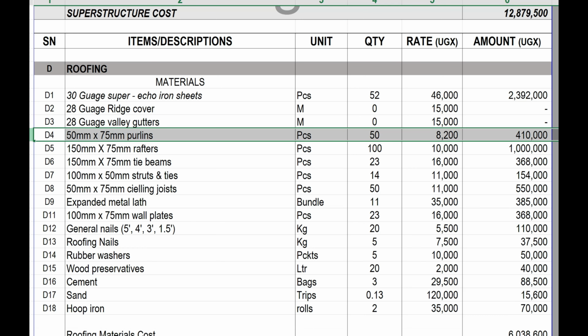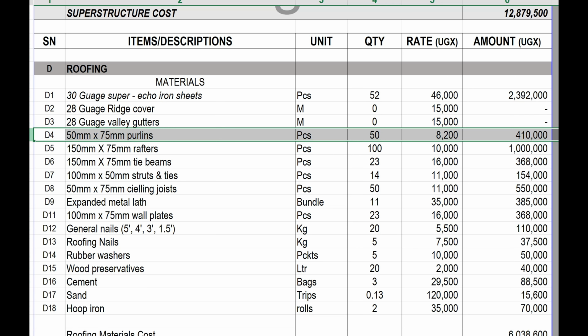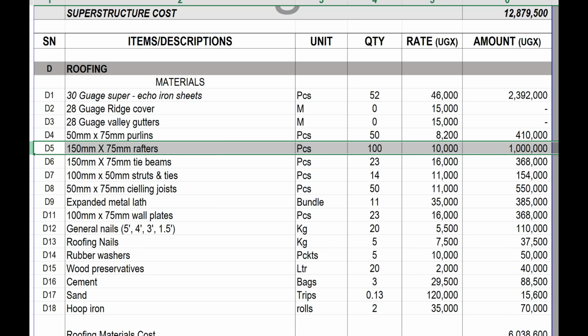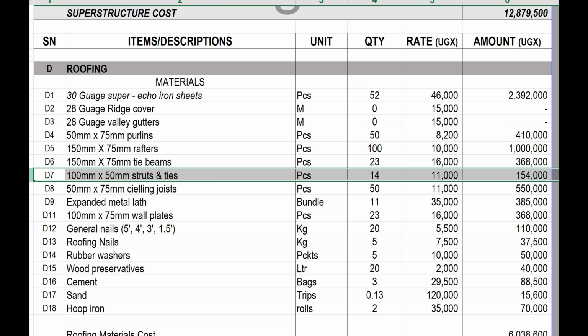Since we have a flat roof, we don't need the ridges, we don't need the valleys. But we might need the purlins. So about 50 purlins can be enough. And for these rates, you can consult your local market, because the rates can be different in different markets and locations. Then you might need the rafters about 100, tie beams about 23, struts about 14,